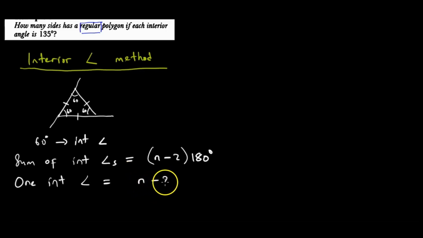Inenge iri equal to n minus 2 times 180 degrees over n. I know that I might have confused you somewhere panapa. What am I saying? Kana tichiziva kuti the sum of interior angles of a regular polygon is equal to n minus 2 times 180 degrees. And we know this, it's a given. N minus 2 times 180 degrees. For one angle inenge equal to chi.